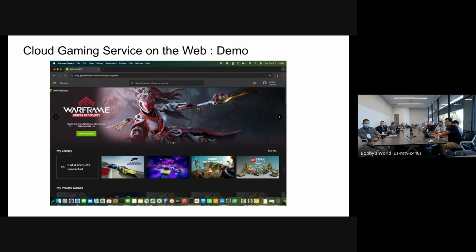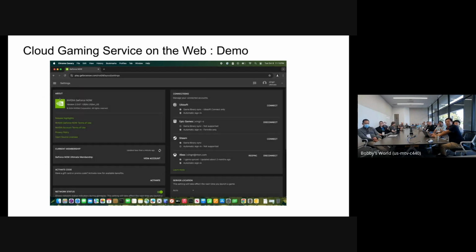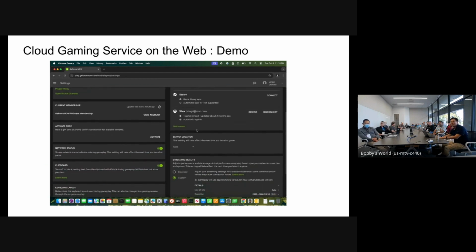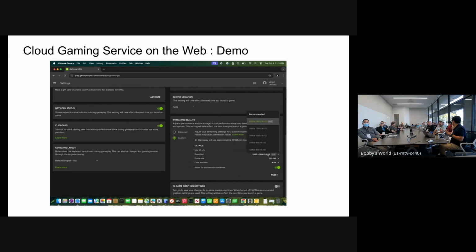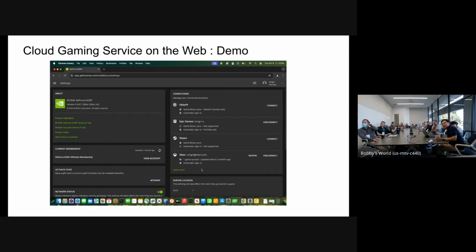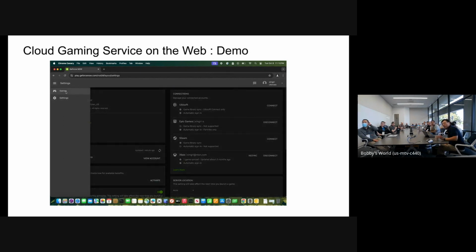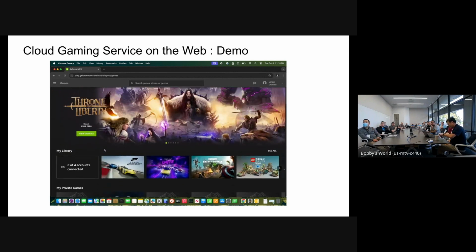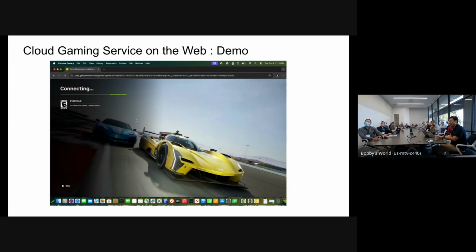Okay, this is a video capture of our GeForce Now gaming. As you can see, it's just a web app, and you can select the video resolution, like 2K, 4K, QHD to 4K, but this device does not support 2K, 3K, QHD.